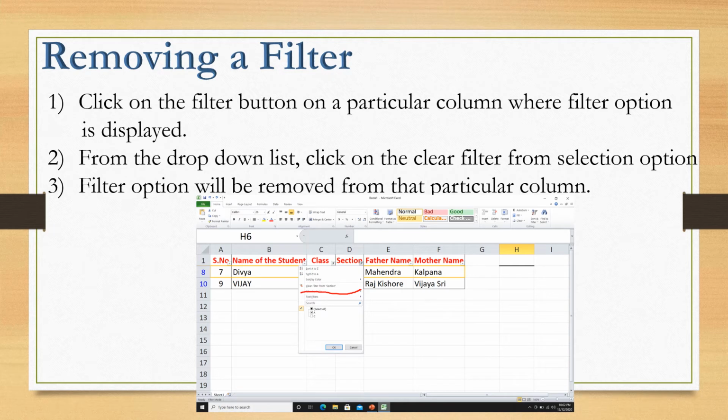Children, till now we have seen how to apply the filter option, and now let us see how to remove the filter which we have applied already. Then if you want to remove the filter which we have applied already in Excel, first click on the filter button on a particular column. Here so many columns are there, so I have applied the filter option for class and section. So first of all, select the filter option which is beside section. Then when you click on the filter option, you will see the option